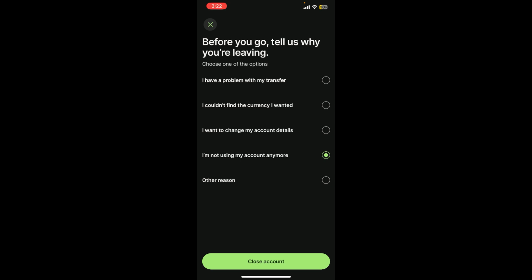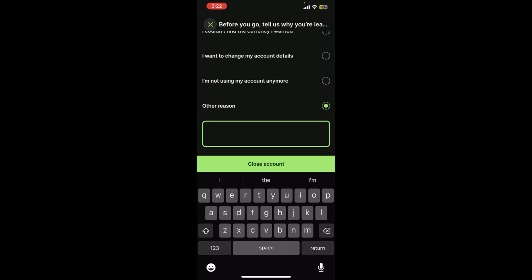And if you have any other reason, then you can choose the other reason and you can give your reason over here, and finally tap on the close account and you'll be able to close your account successfully. So basically this is how you can close your account on your mobile phone,